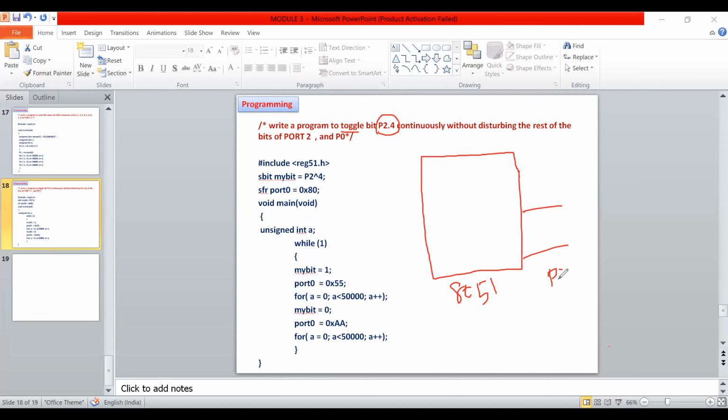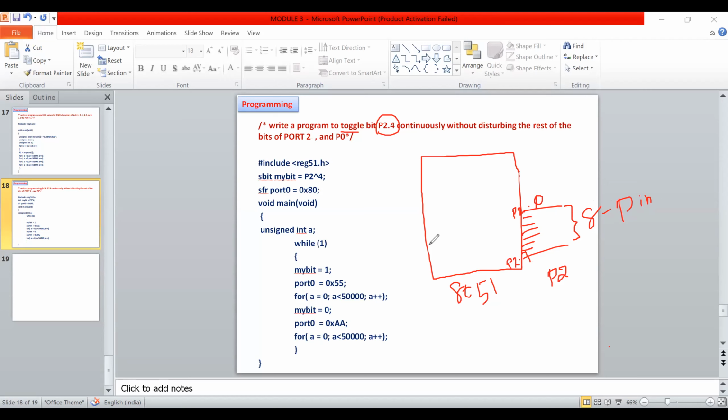It has 8 pins, so entirely we have 8 pins for port 2. The first can be port 2.0 and the last one can be port 2.7.